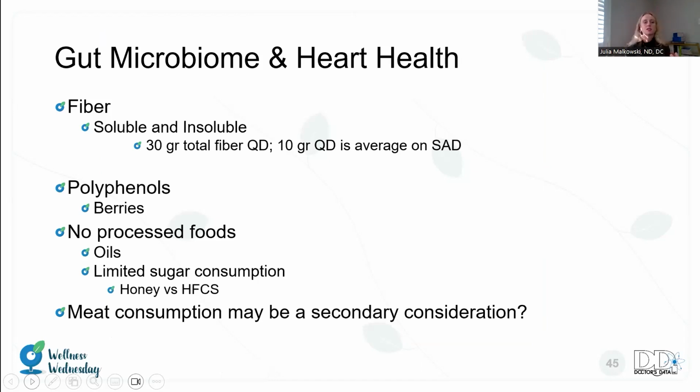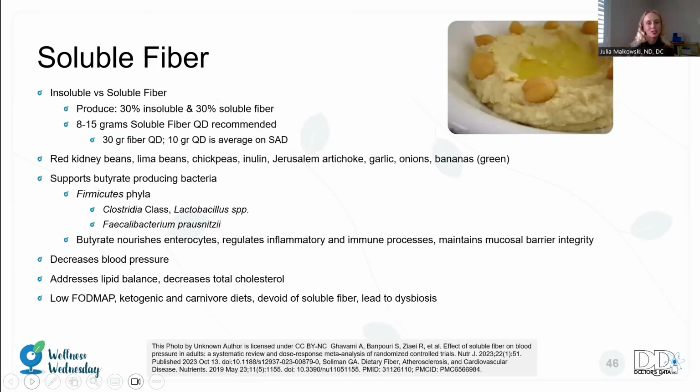The food items that support gut microbiome and heart health are going to be fiber, polyphenols, oil, avoiding processed food, and specifically olive oil is very healthy. We talk a lot in our culture about meat consumption. We're very concerned with if individuals are eating vegan or carnivore, but that might be a secondary factor. We might want to consider these other factors first, such as how much fiber are we eating, our polyphenol consumption, our processed food consumption, and our consumption of olive oil.